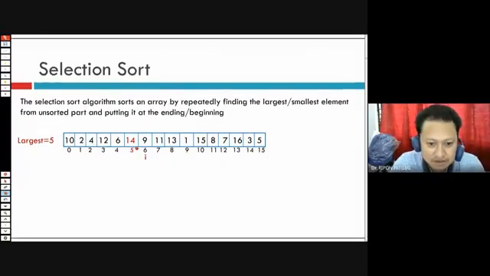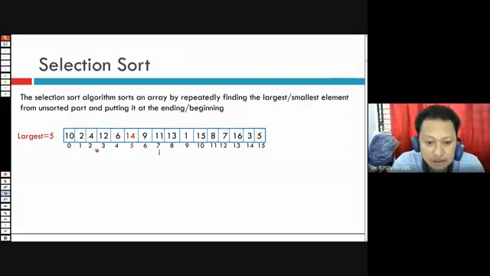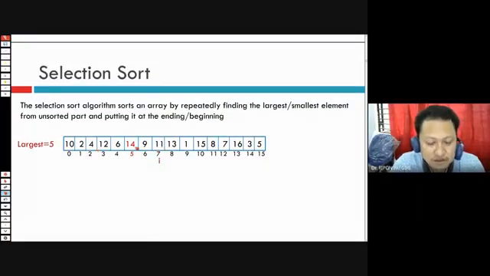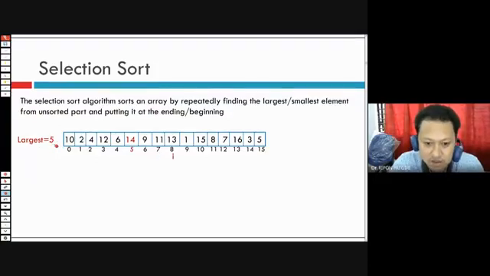Compare 9 and 14. 14 is larger than 9, so the largest is still 5. Again compare 11 and 14. 14 is larger than 11, so 5 is the largest and no modification is required. Compare 13 and 14.